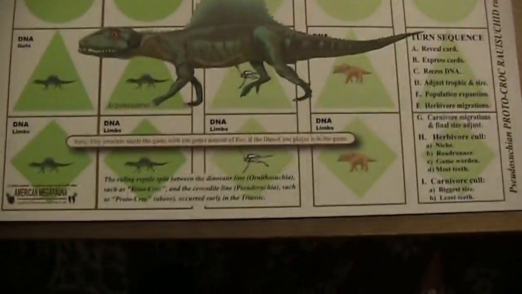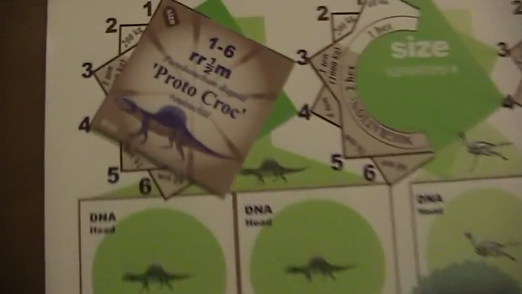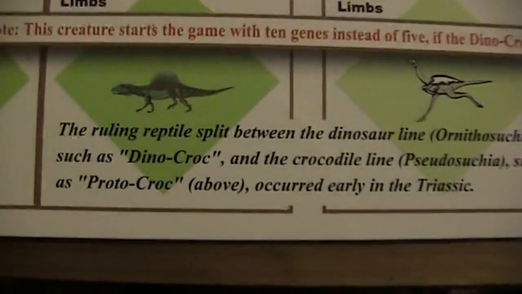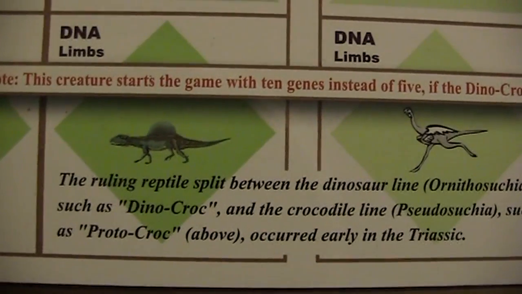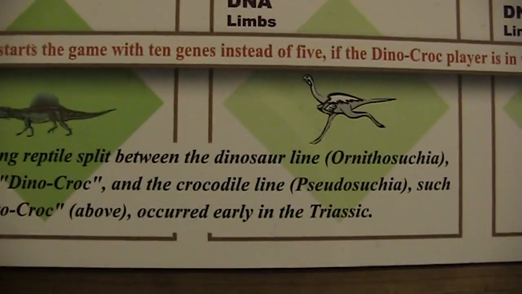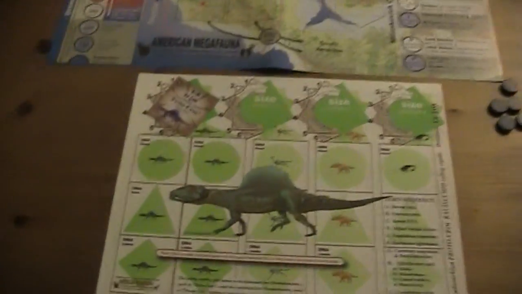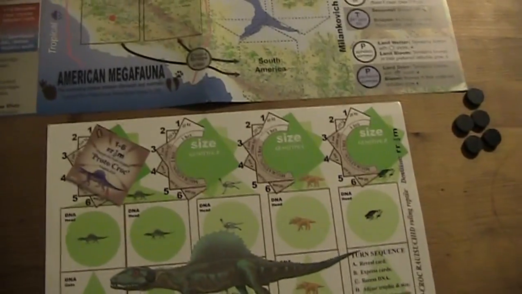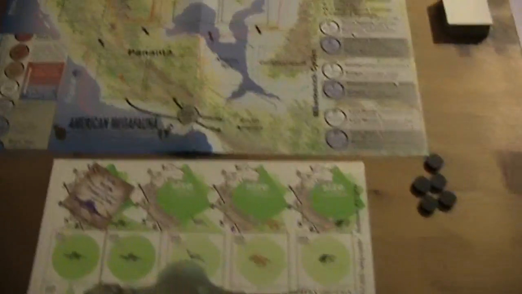So now I'm gonna give it another shot, and this time I will take this guy here. It's Proto-Croc, and we got here the ruling reptile split between the dinosaur line, such as Dino-Croc, and the crocodile line, such as Proto-Croc, occurred early in the Triassic. So, yeah, the goal is to survive until today, and first we have to